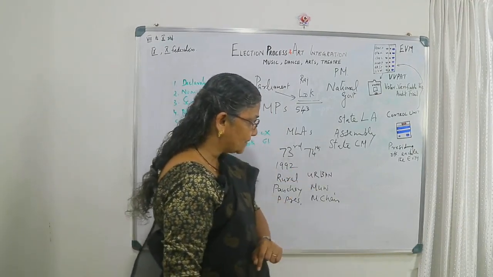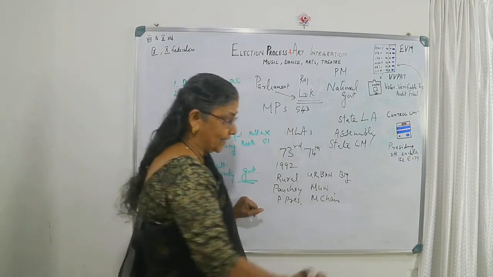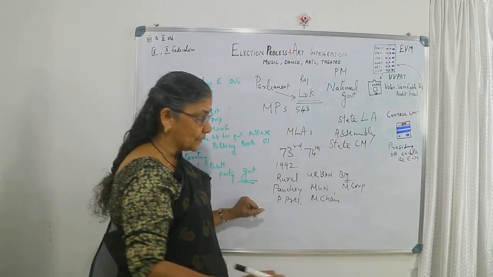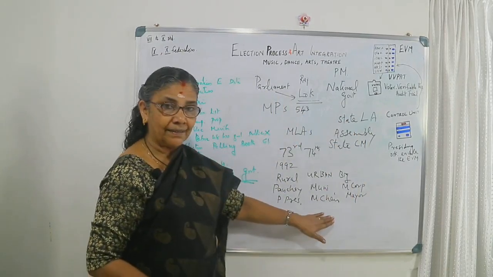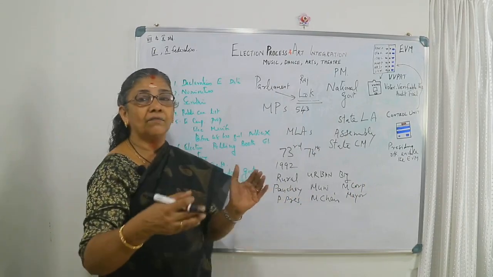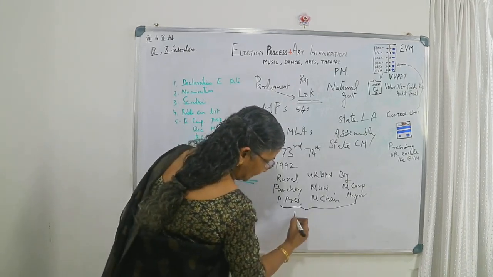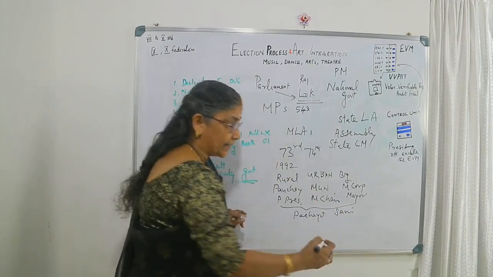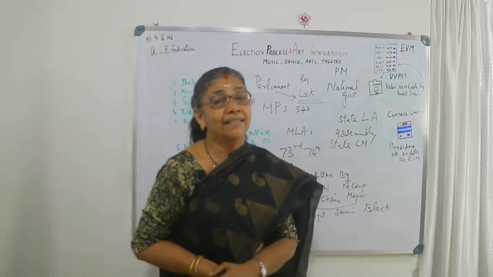Next, if it is a big city, there is a municipal corporation, and the head of the municipal corporation we call the mayor. These are the three heads. Another thing is that when the rural areas form, the panchayats together form Panchayat Samitis. This we call another word, block level. That is why we used to hear, "Yes, I am standing as a candidate at the block level."